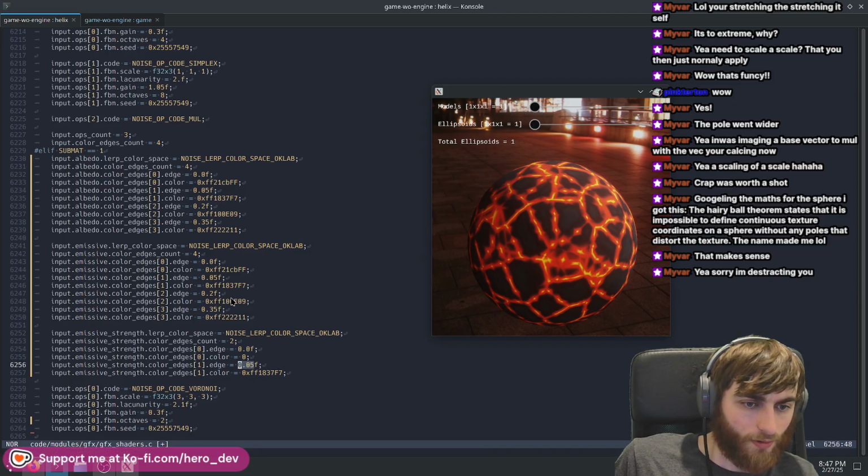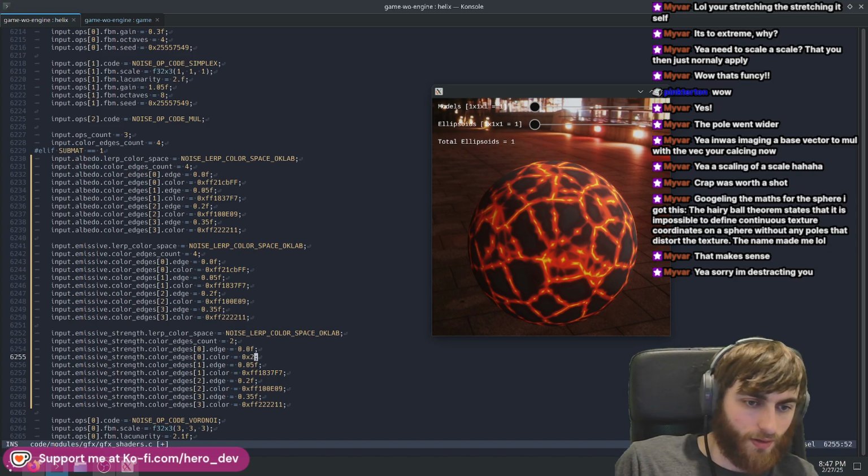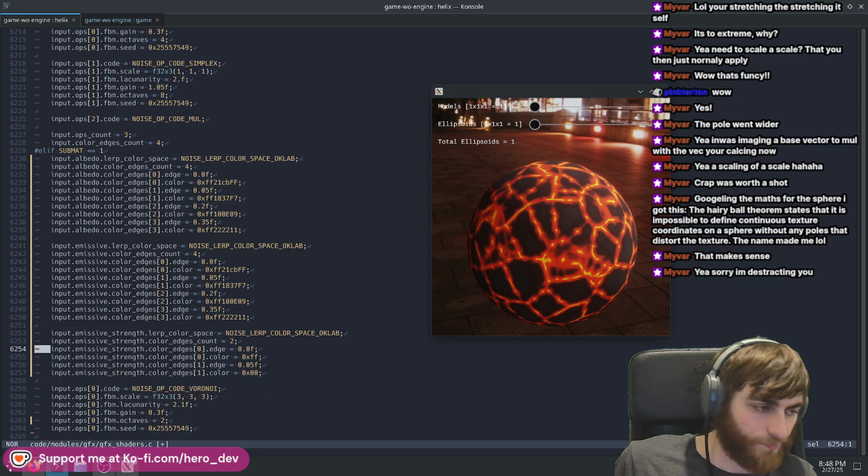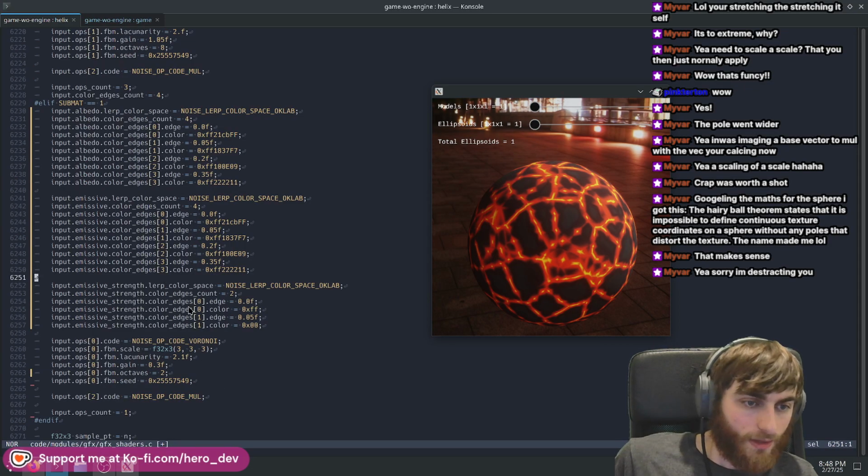Probably 0, we probably do want 4 edges. So yeah, we probably want it the most emissive here, so let's just say FF. Want it... Yeah, then probably actually goes to no emissive from there, so actually we do want 2 edges. Alright. Cool. So the other one was like